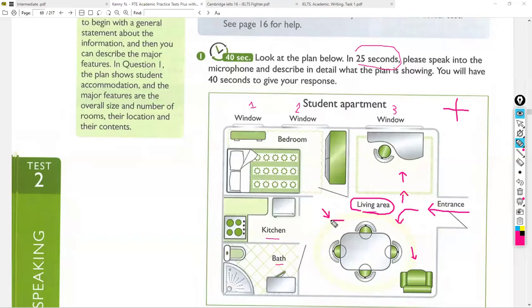Okay, so this is it. Now, if I want to go straight, I can see the kitchen immediately. Now, the question is, Ali, what is in the kitchen? We have an oven and a fridge. We have one oven and one fridge. Exactly. I have to say the number of the things that I have.